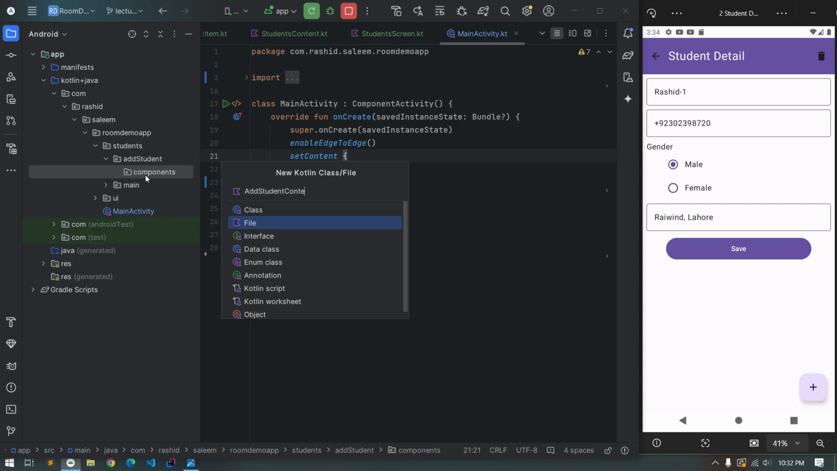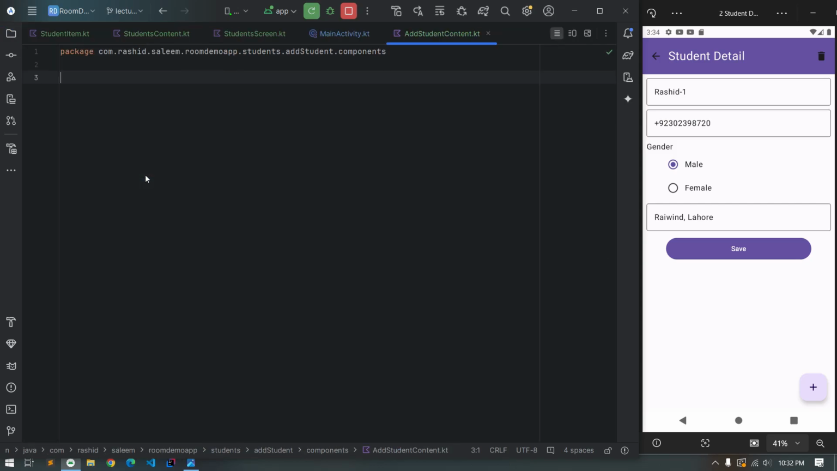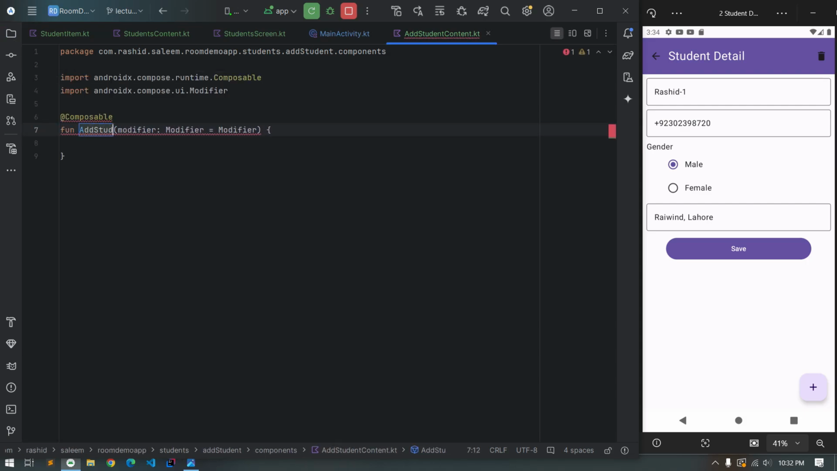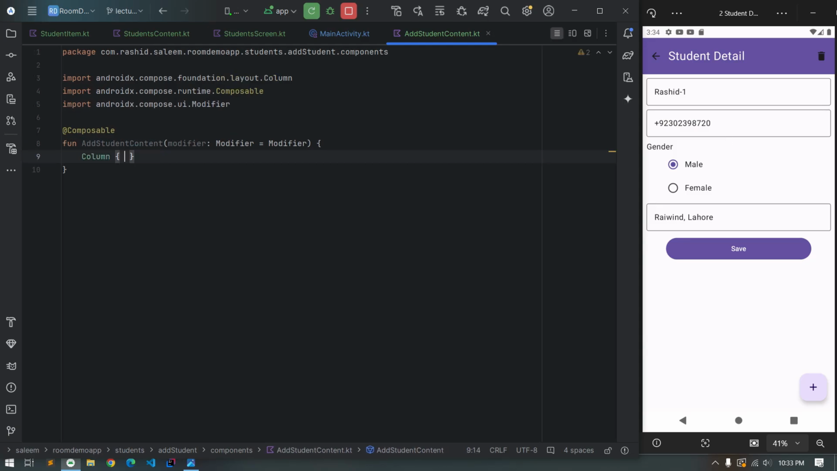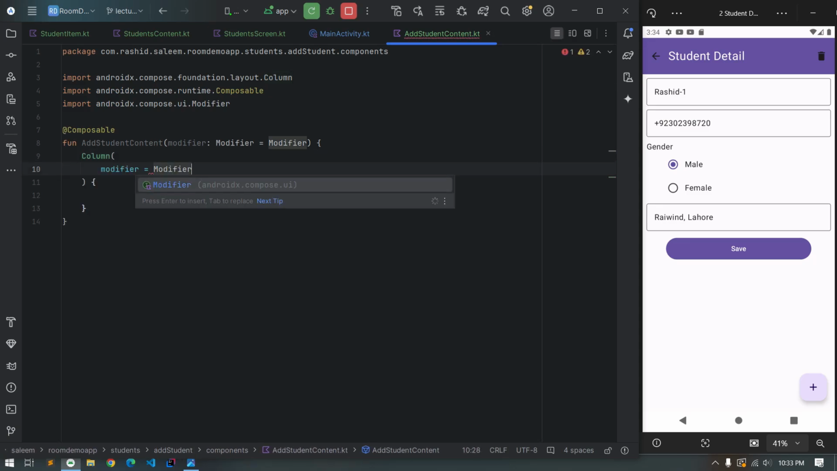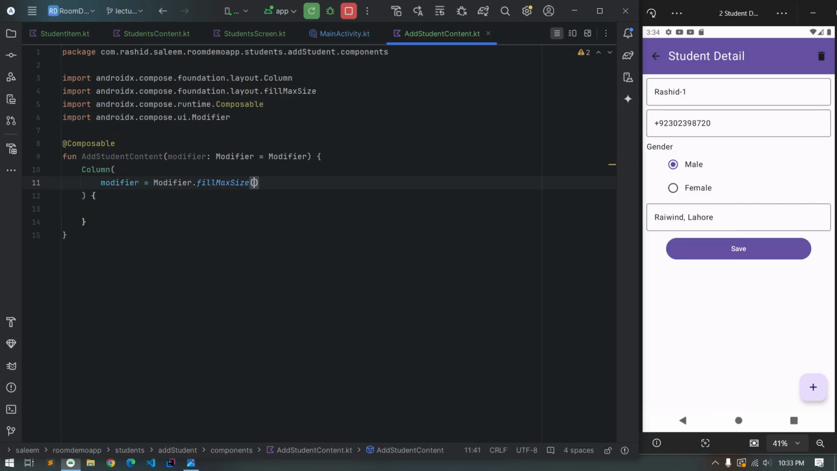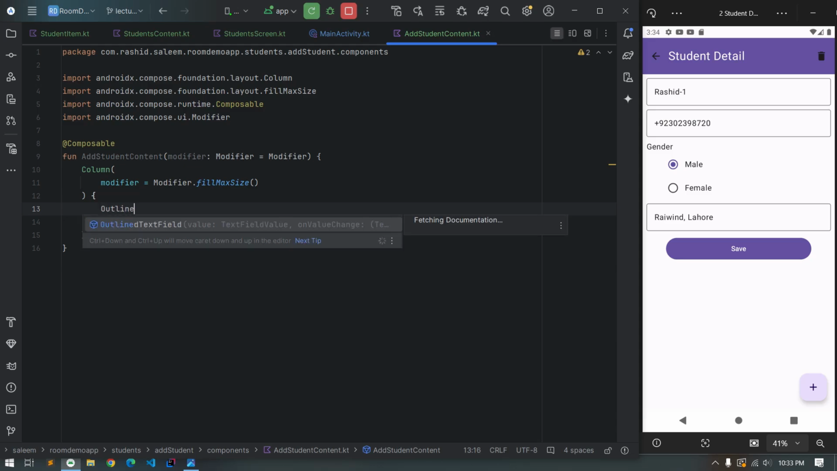AddStudentContent. Composable name will be AddStudentContent. So we will start with this section first. So in this we have these input fields, so we need to show them in vertical order. So for that we will use column composable, modifier will make styles to occupy full width and height of the screen, and in that we have outline text field,